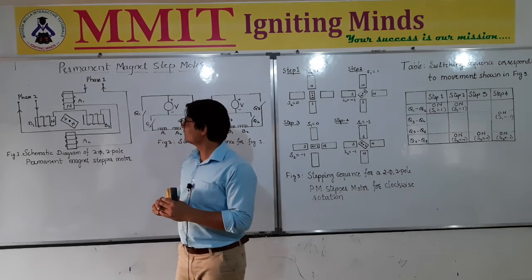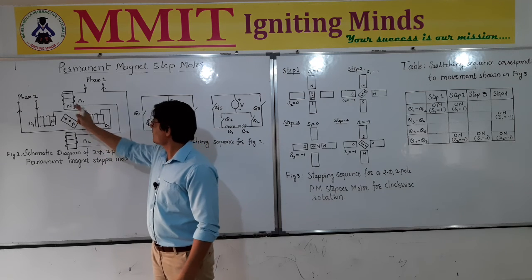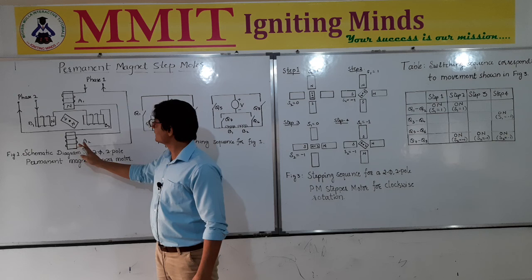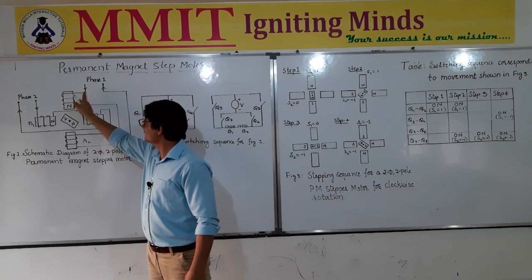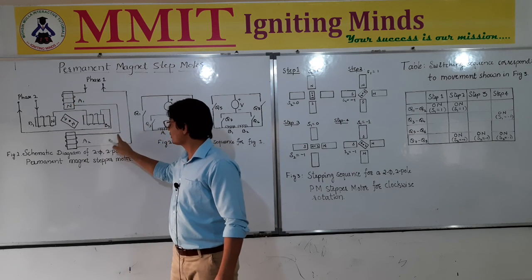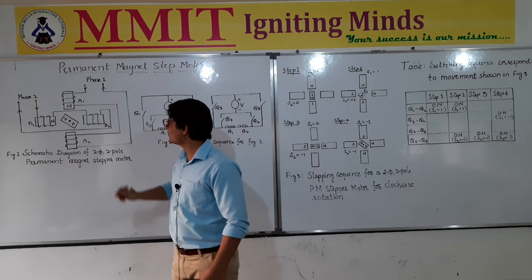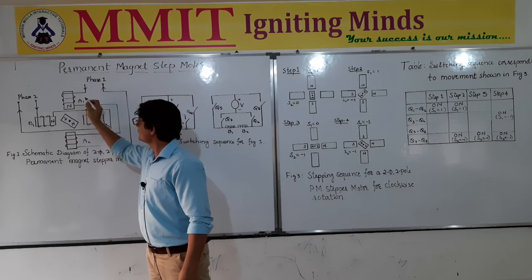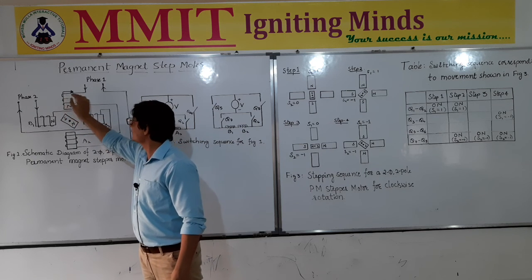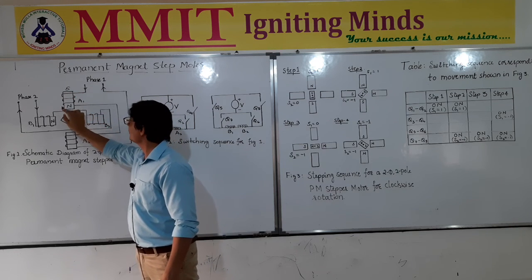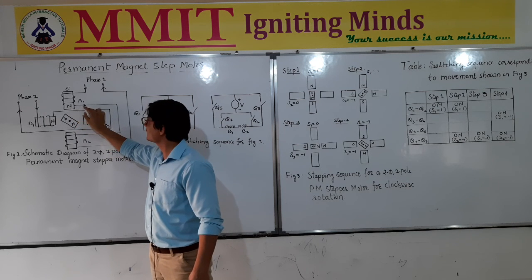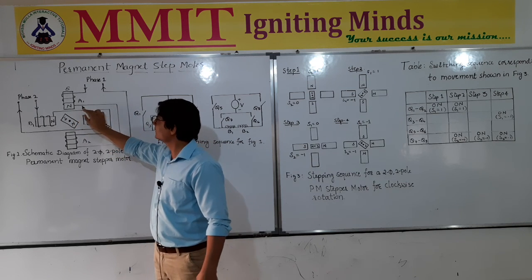Now let us see the connection of this. Here the A winding is wound in series. The upper half is wound as A1, then the lower half is wound as A2. Now just try to understand the current when entering from one side in the electromagnet. That side will be acting as the south pole and the other end will be acting as the north pole, or you can say the current is leaving from this side, so therefore this end will be acting as the north pole.